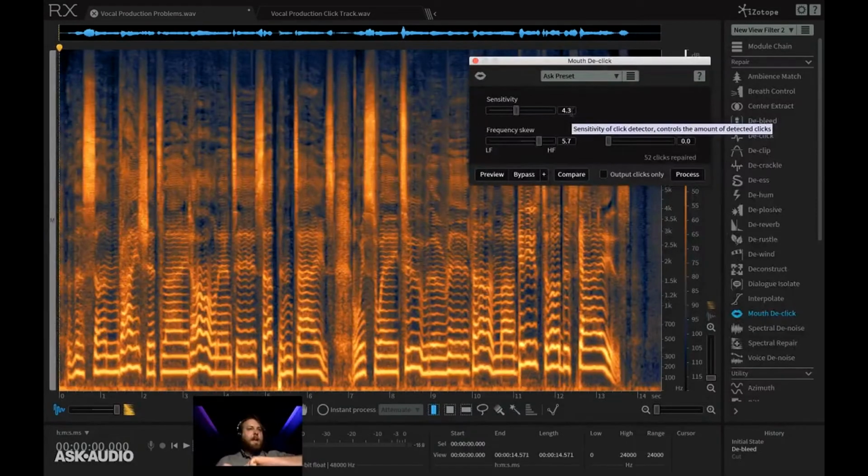But they might not be. You have to be delicate with this slider, because some things that are not mouth clicks or mouth sounds might get picked up by this. So again, this is why the output clicks only option is so important, because if I bring it up all the way and then press output clicks only and press preview,